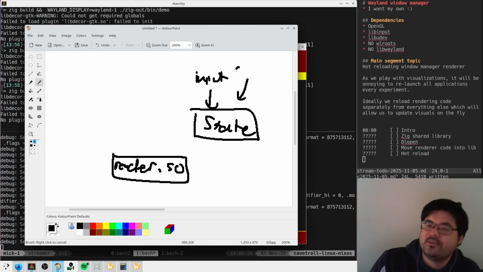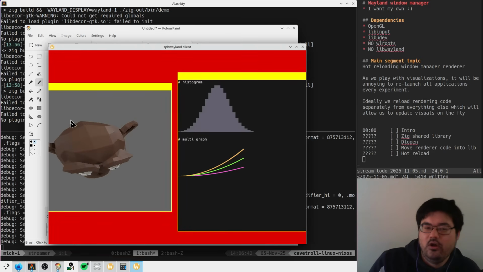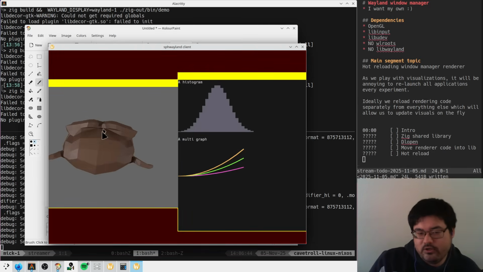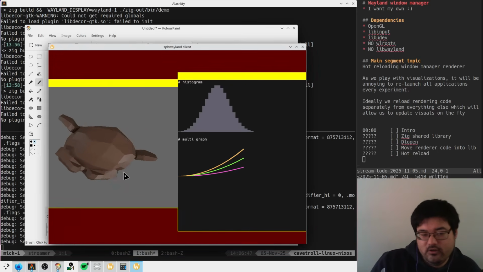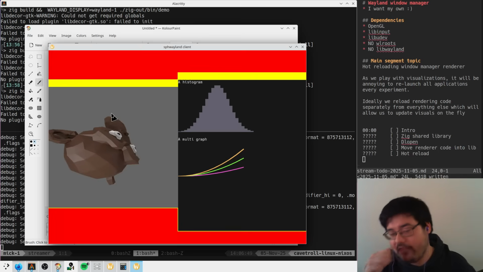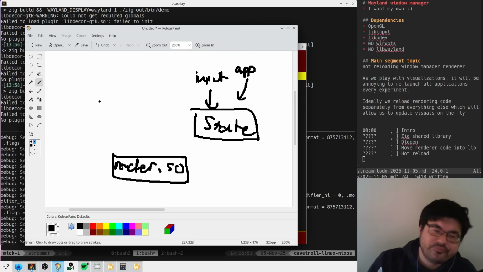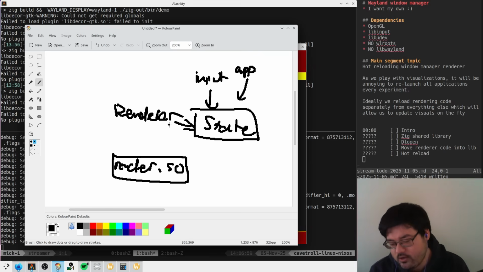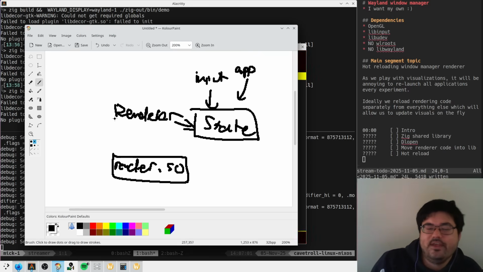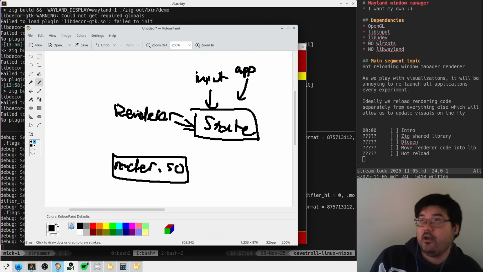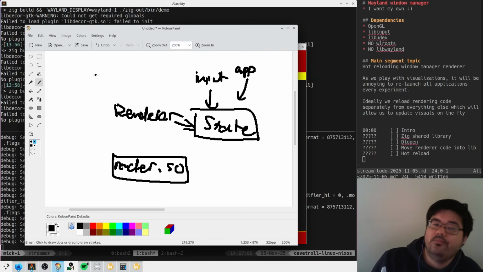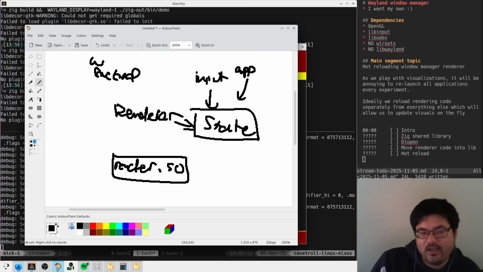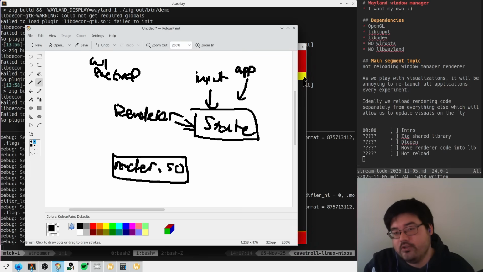We have apps, right? Each time this little demo app updates its frame, it will send a new frame over, and that will get injected into our compositor state, right? Then we have this renderer, and this renderer looks at the state and iterates over all of the windows that it wants to render and renders them, right? And this action is triggered by some backend. In our case, it's a Wayland backend where there's this window that's being shown, and every once